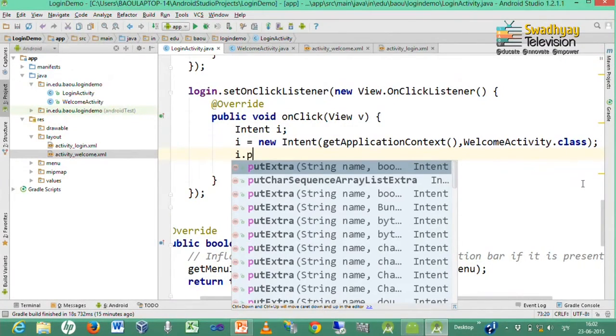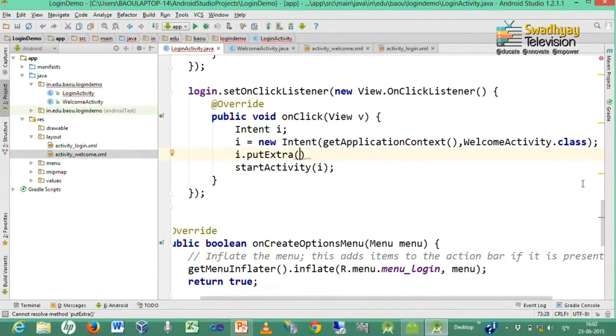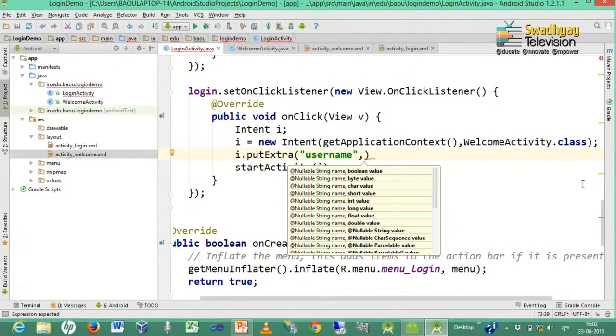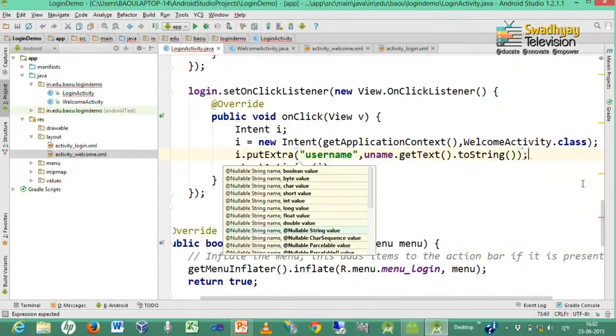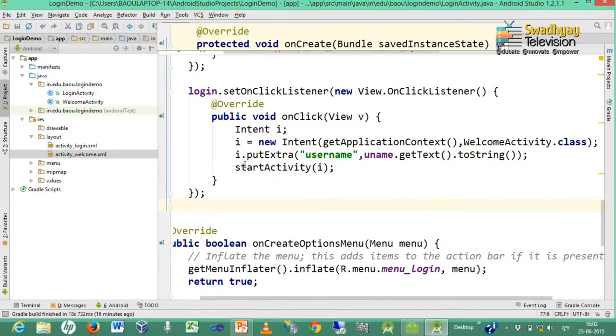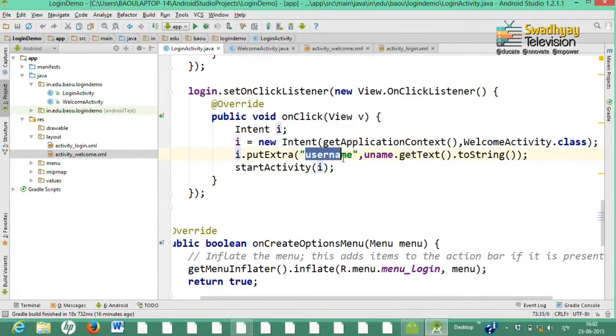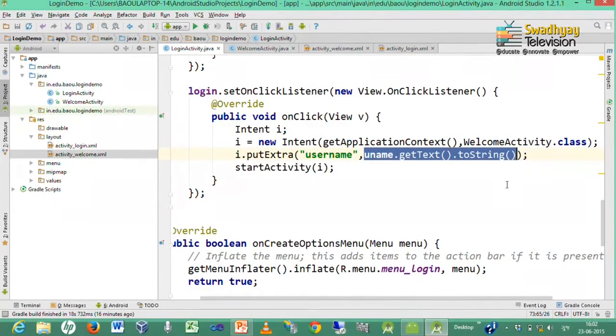So, I call method put extra. So, this method will send data with this name to with this value. So, inside intent we want username with value, whatever value typed inside username text field.